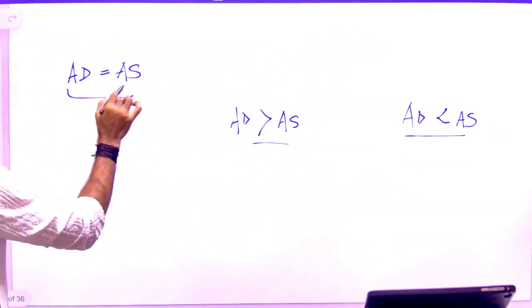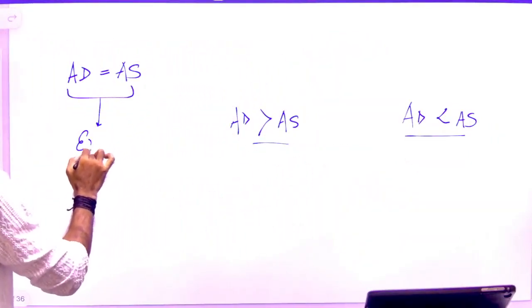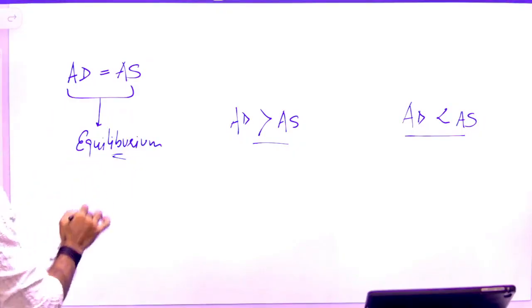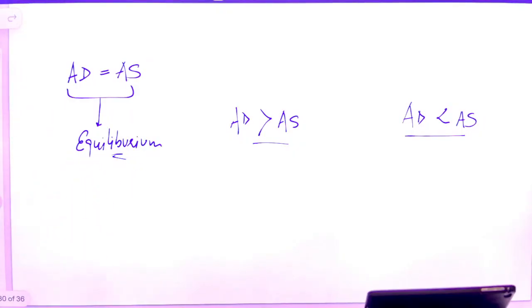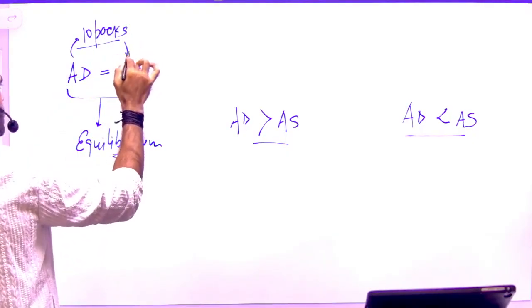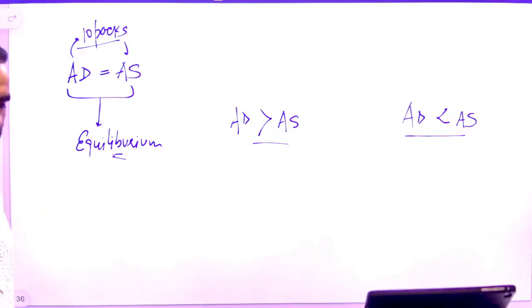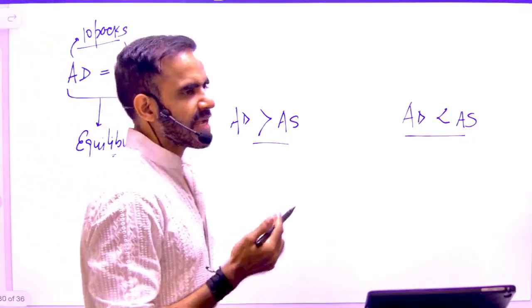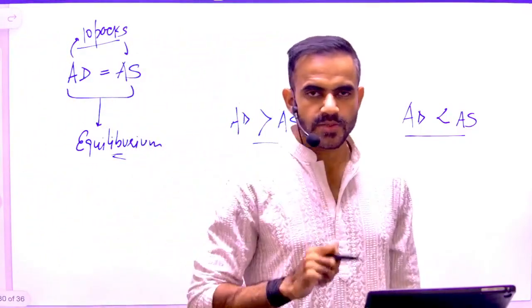If both are equal, can I simply say this is in equilibrium? Both are balanced. Let's consider a very basic example. Let's say in our economy, there is a demand of 10 biscuit packets, and the supply is also 10 packets. Both are balanced. Nothing wrong in this case. So what will be the price? Average price, the general price, will be there.